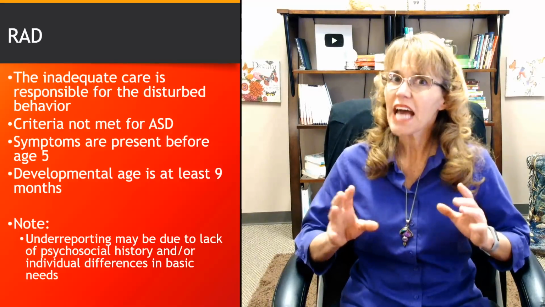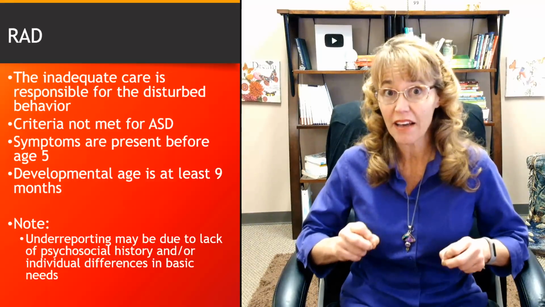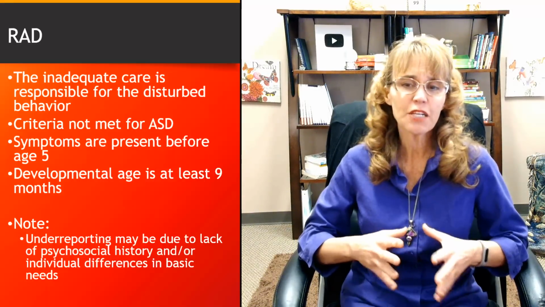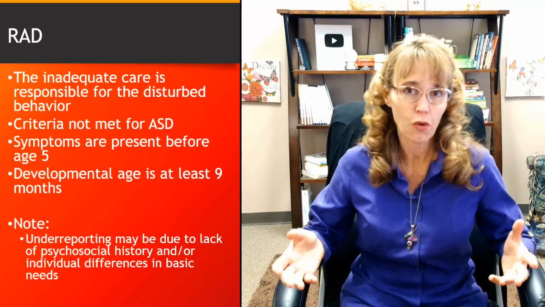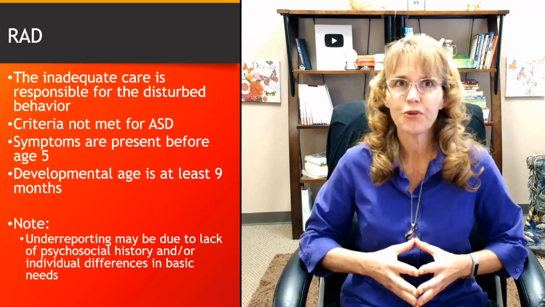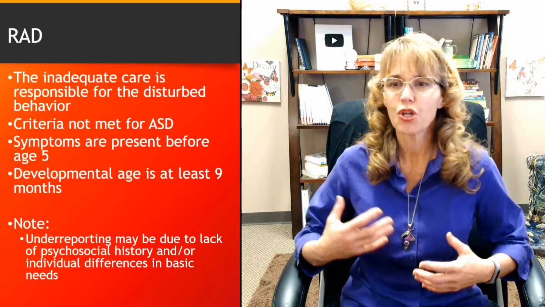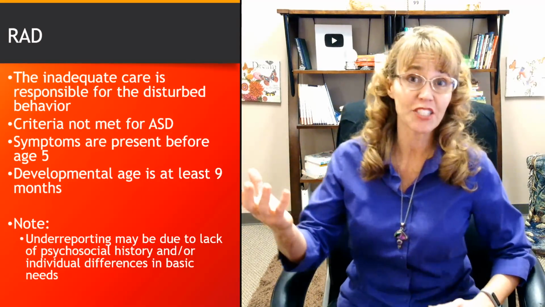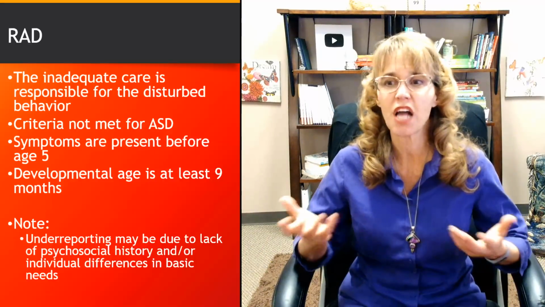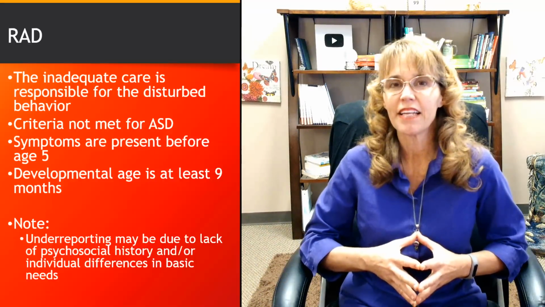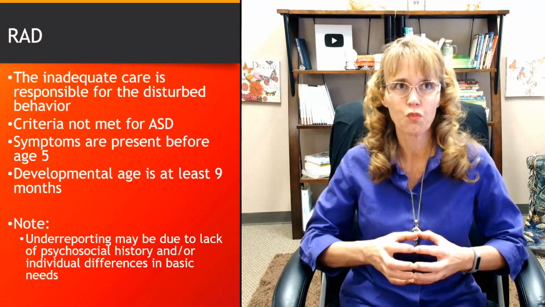For reactive attachment disorder, symptoms must be present before the age of 5. And the developmental age of the person must be at least 9 months old. So if you have somebody who has severe intellectual disabilities, even if they are chronologically 6 or 7, if their developmental age is not at least 9 months old, then the criteria for reactive attachment disorder would not be fully